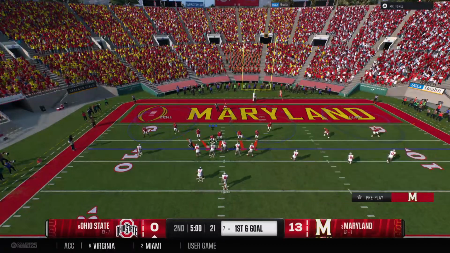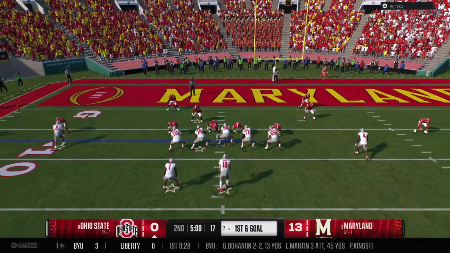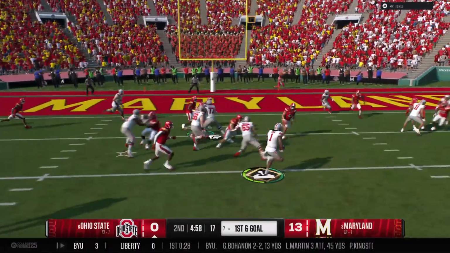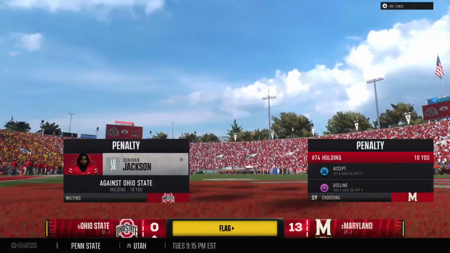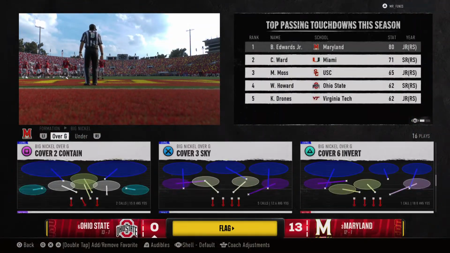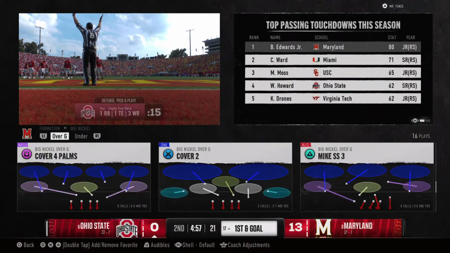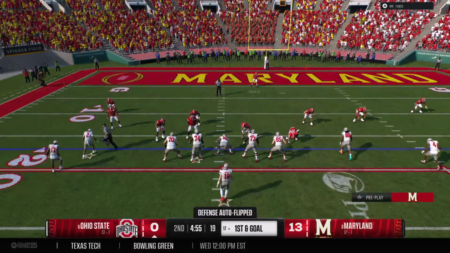Crucial play here to begin the quarter as the offense sets up first and goal. Handoff here from the shotgun. Tackle made, but there's a flag down on the field. Offense moving backwards after that holding penalty. The Buckeyes come to the line with first and goal.